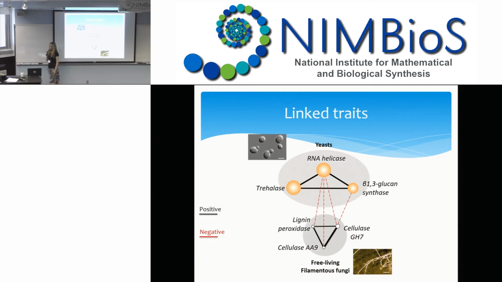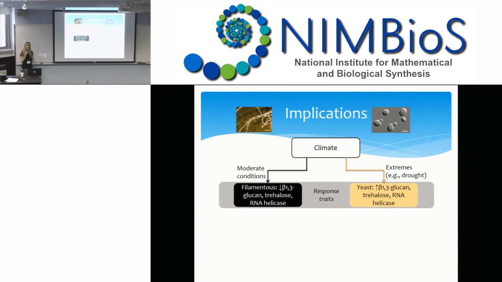All right, so altogether, because it looks like these traits are sorting out between different groups and they tend to be linked to one another, then we can start forming some predictions for how these traits might influence feedbacks on the carbon cycle. All right, so let's summarize what we found out.